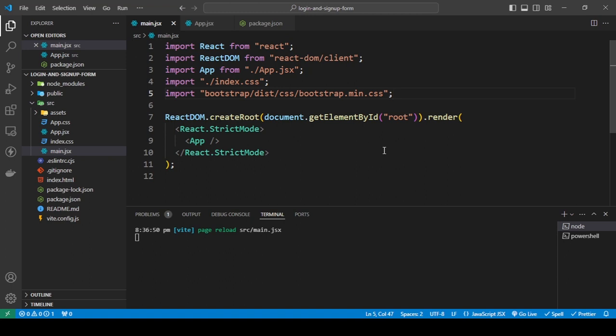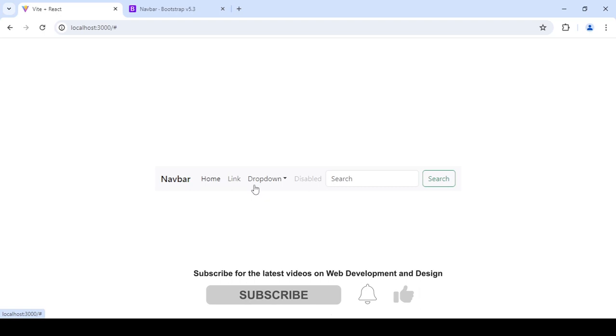I'm going to be showing you how to make the Bootstrap JavaScript work within our React project. Now, I made a previous tutorial about how to install Bootstrap, and I realized that I forgot to show you how to make the JavaScript work, because some things in Bootstrap require you to have the Bootstrap JavaScript file installed, which is basically going to be used for something like the carousel or drop downs or pop-ups or stuff like